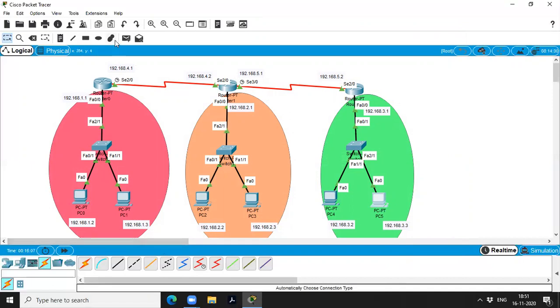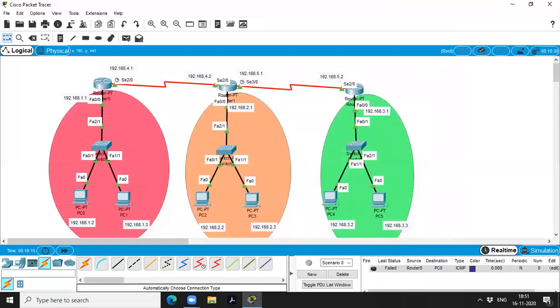Let us check whether it is working or not. Still we have not configured OSPF. Initially it failed. If you check a second time from this PC to this PC, it is successful. Initially it fails because it has to boot up and take time to process. The second time is successful.